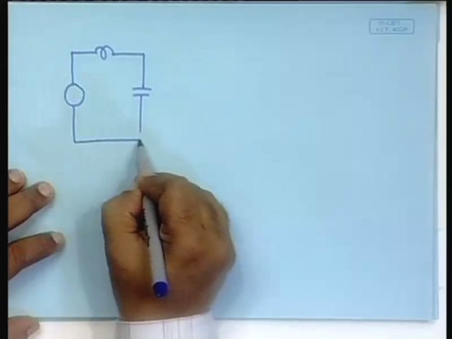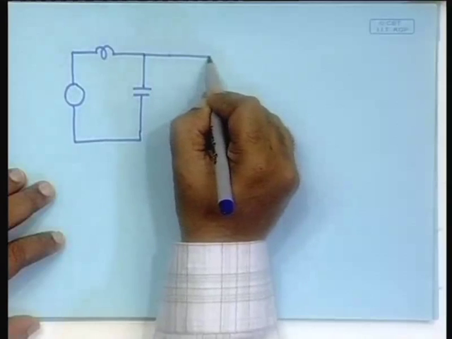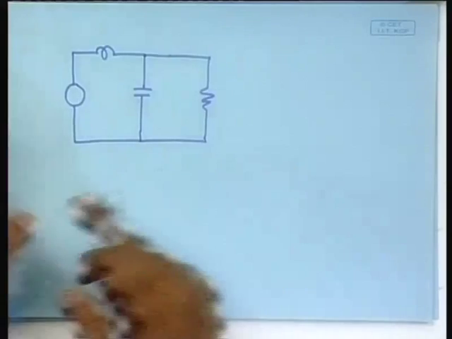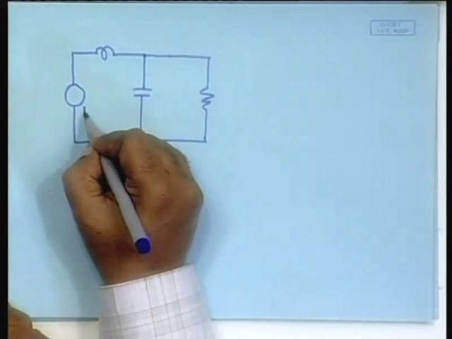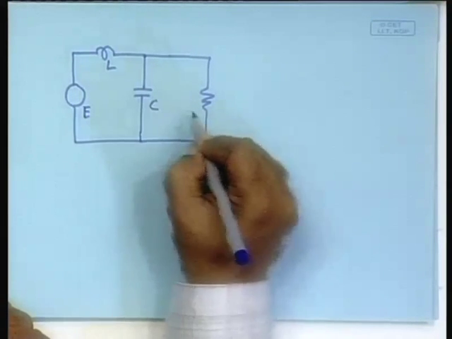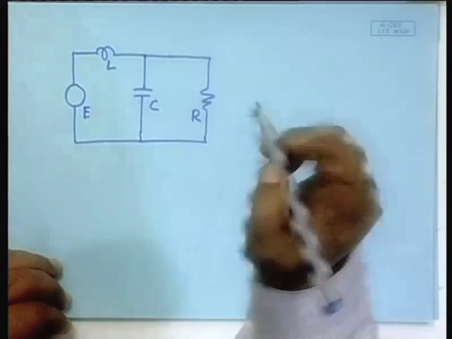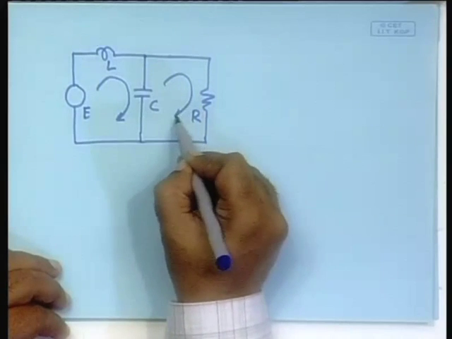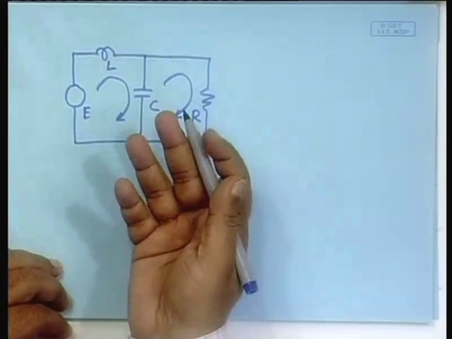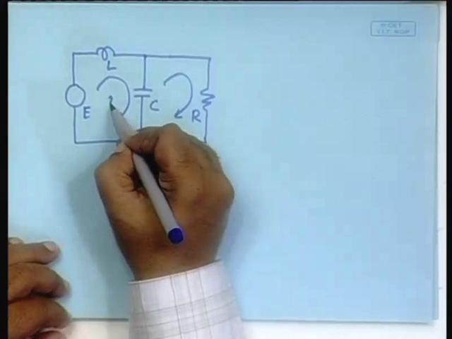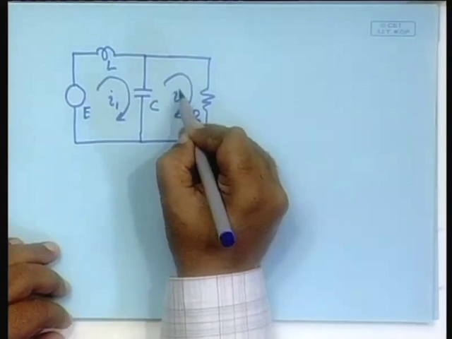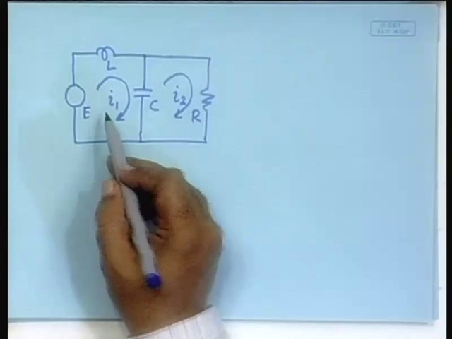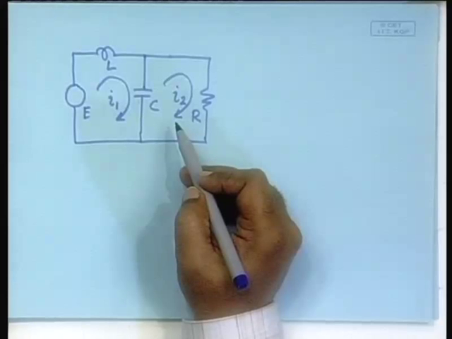This one I am doing because I already did this for the Hamiltonian method, so that you can compare. This is E, L, C, R, and we said at that time that here is a loop which we will call Q1 and here is a loop which we will call Q2, but while writing the Kirchhoff's laws equations I will give the I1 and I2 currents. So, I1 is Q1 dot, I2 is Q2 dot, fine.